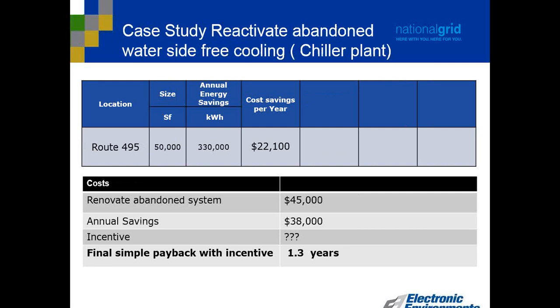And here's another situation which is not uncommon. We went into a facility and they had a chilled water cooling system. We discovered that they had a free cooling system, but it was not functional. It needed to be repaired and put back into service. There it was a project of just under $50,000